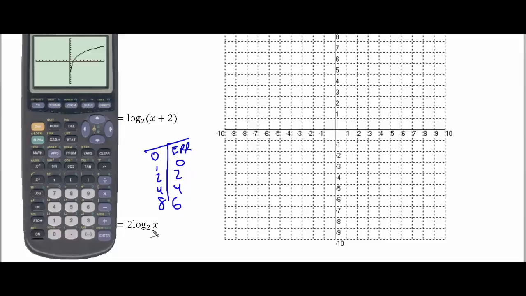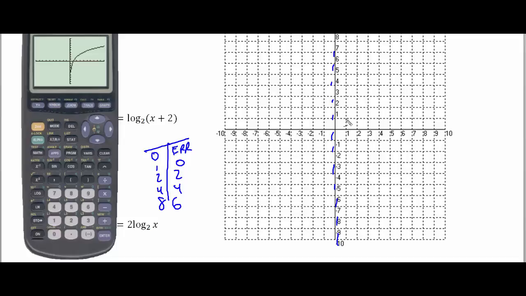So what this is doing by putting a 2 there, it's doubling all of these possibilities. So instead of 0, 1, 2, 3, it's 0, 2, 4, 6. So if you compare that to the 1, 2 above this, or just a plain old log base 2 of x, you could see that it's double the y values, and that's kind of what you'd expect if you just multiply all of these by 2. So we're going to have our asymptote line here at the y-axis,